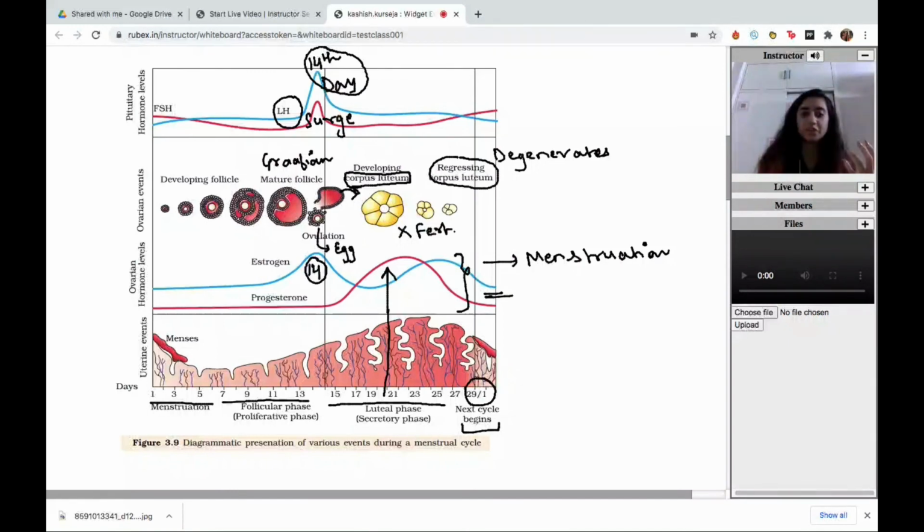You can also see about the endometrial lining. There is menses, that is the flow of blood. Right, so there is this flow of blood occurring during the first 3 to 5 days, that is during the menstrual phase. After that, you can see that the endometrial lining is developing. It's increasing more and more, and finally in the next cycle, again what begins? Menses, that is the loss of the endometrial lining in the form of blood and mucus. This diagrammatic representation from NCERT is a very nice graphical thing which represents menstruation,